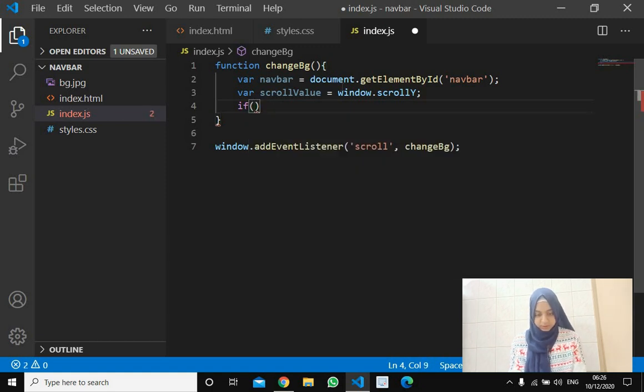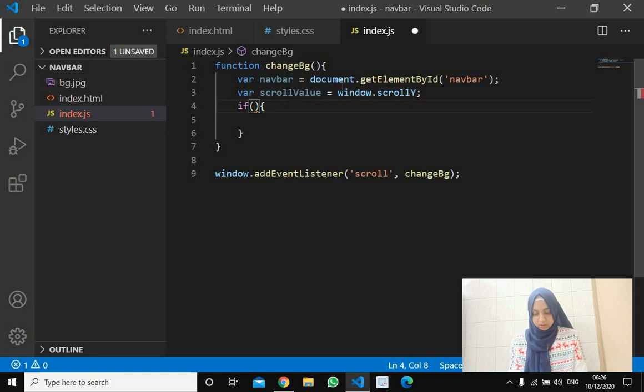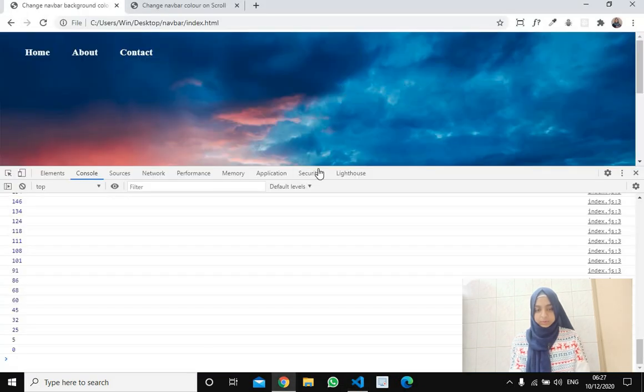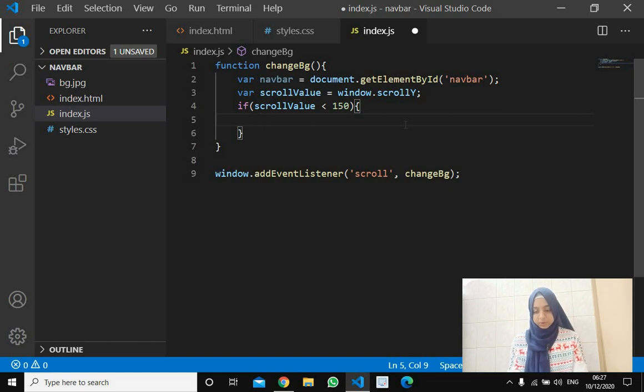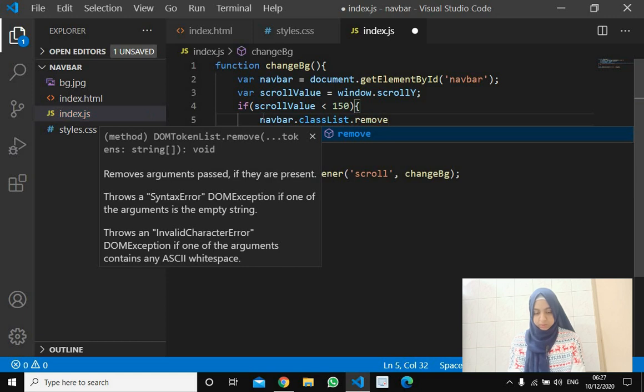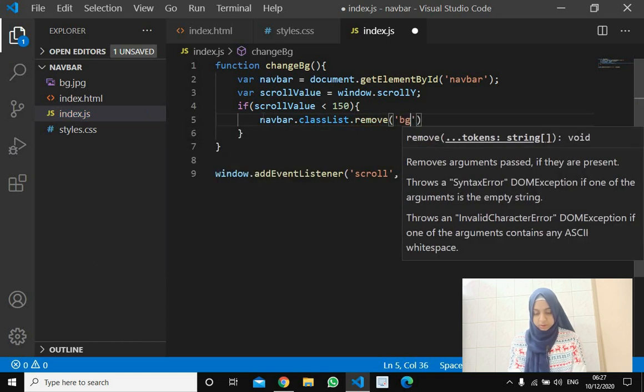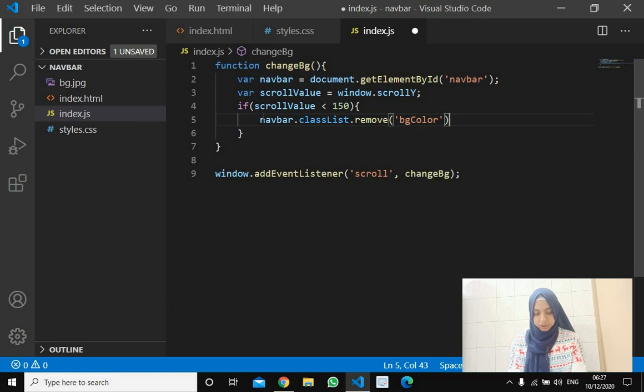Here we have our if statement. So here if the scroll value is less than 150, so 150 is somewhere around here, what we want to do is take this navbar element, navbar dot class list dot remove, and then we will remove the class bg color.